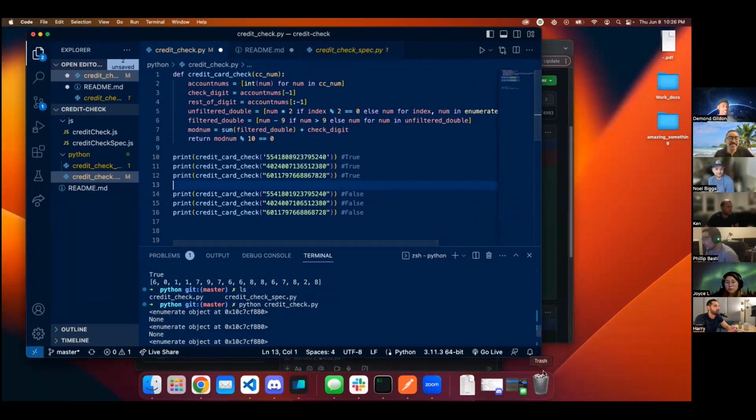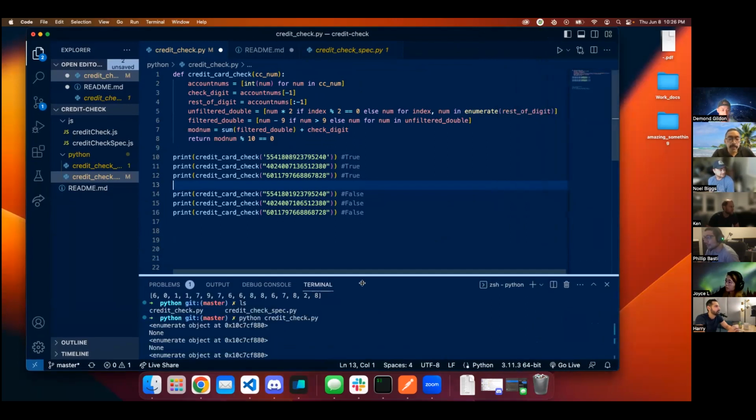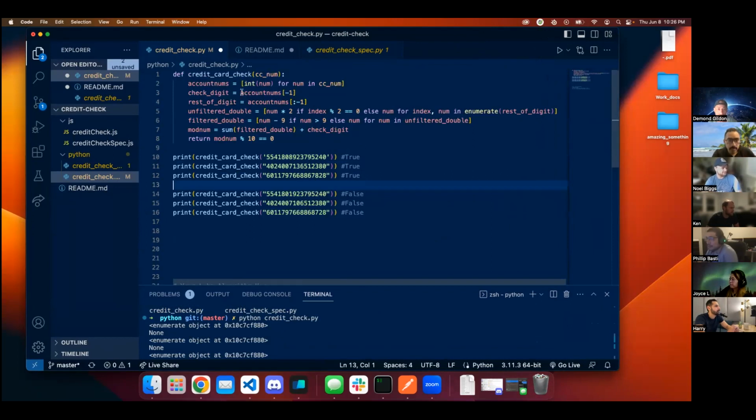I don't know why it's not letting me make that bigger. Is everyone able to see that? I can see it fine. A couple of the lines don't need to be here. I thought I was doing something with the last digit, so I can probably fix my code, but I'll go over it first. I did a list comprehension on the string to change every number in that string to a number in a list. And then I went through and